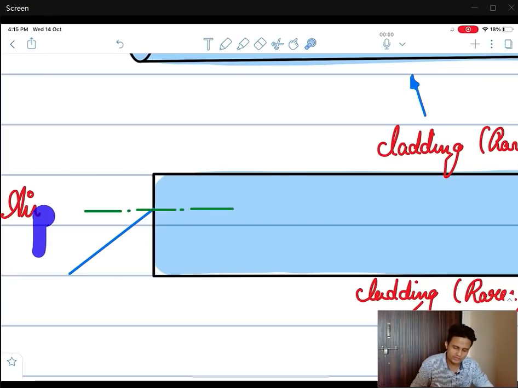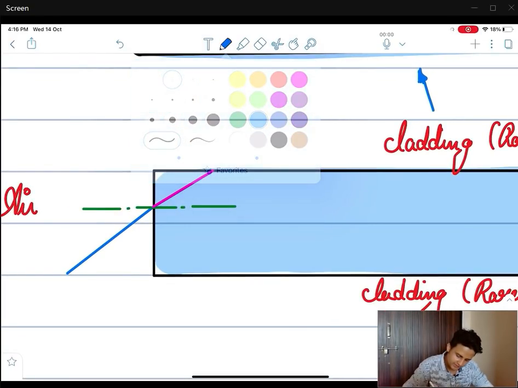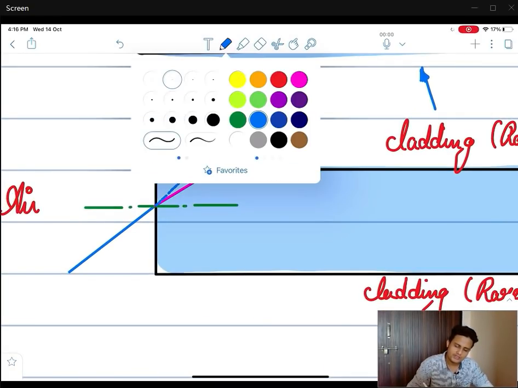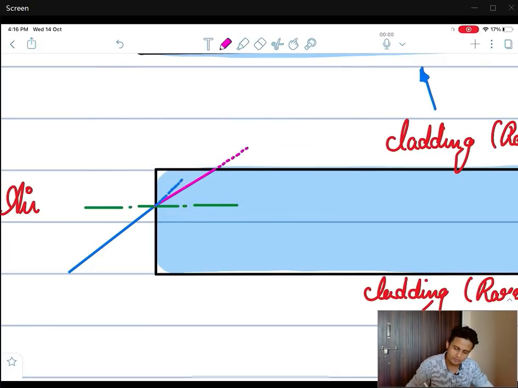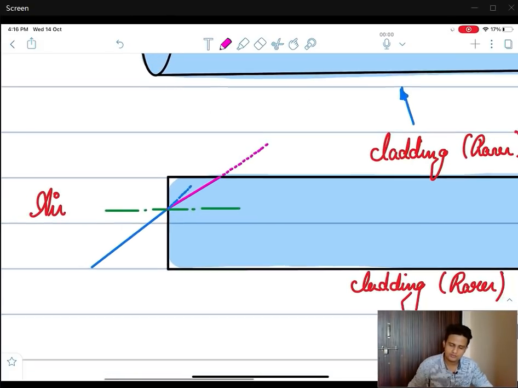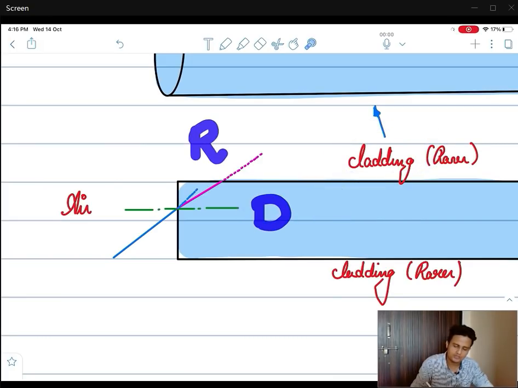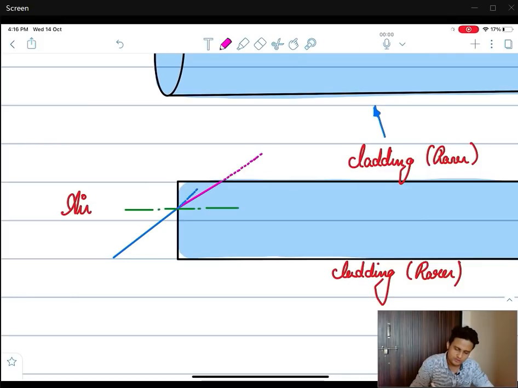When you go from a rarer medium to a denser medium, the beam bends towards the normal. Let's say the beam bends towards the normal and it goes over here. It bends a little bit. It would have bent like this, but it bends a bit. Now from here the beam has a tendency to come out from this side, but again here you have the core and here you have the cladding. So this is a denser material and this is a rarer material, therefore this acts as an interface. So I need to draw one normal over here.